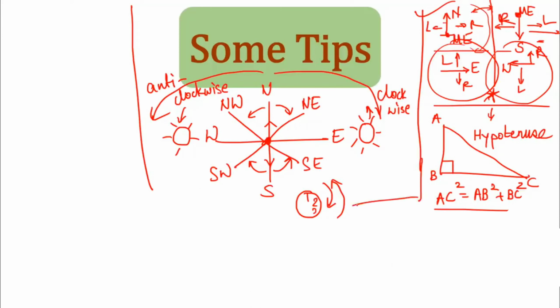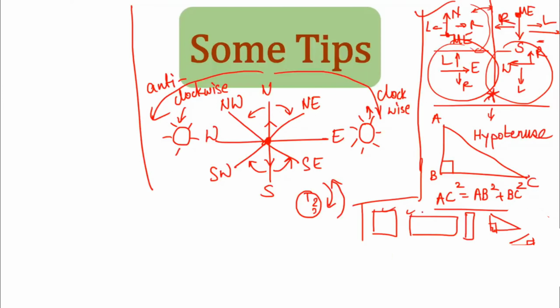Please remember, in the direction sums, familiar geometrical figures would be asked, okay? Like a square or a rectangle, or a right angle triangle. Now this right angle triangle can be of any form, okay? It can be like this, it can be like this, and you just need to find out familiar figures and correspondingly write down the distances and calculate the final distance or the final answer, right? We'll see how to divide our diagram or direction sum into familiar geometrical figures and how to solve them in the sums which we are going to see ahead.